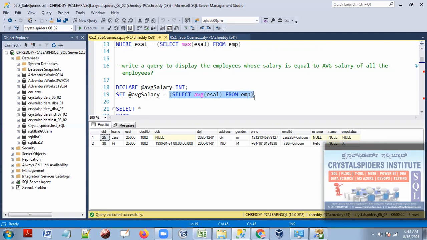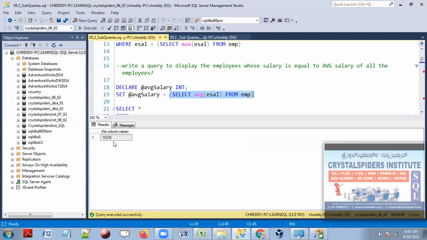First calculate what is the average salary from the employee table. 10,235 rupees is the average salary.